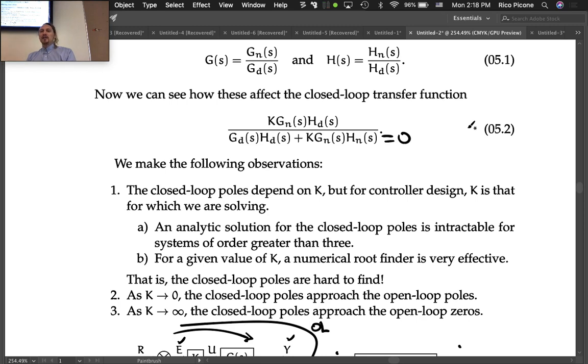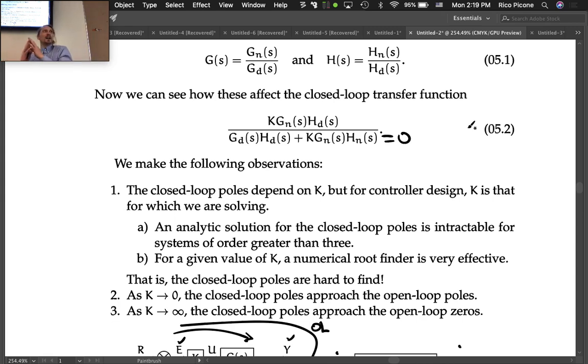They depend on k, but for controller design, k is that for which we are solving. Okay, like we want to know what k to do. That's what we're designing. We're designing this controller. We want to know what k we should have, but we can't find the poles unless we know k. We want those poles to be in a certain place. Ideally, we could just say, okay, I want the poles in a certain place and give me the gain necessary. But it's not mathematically very feasible to do that back calculation. So, an analytic solution for the closed loop poles is intractable for systems of order greater than 3. And even with those, solving backwards for I want my poles to be here and here